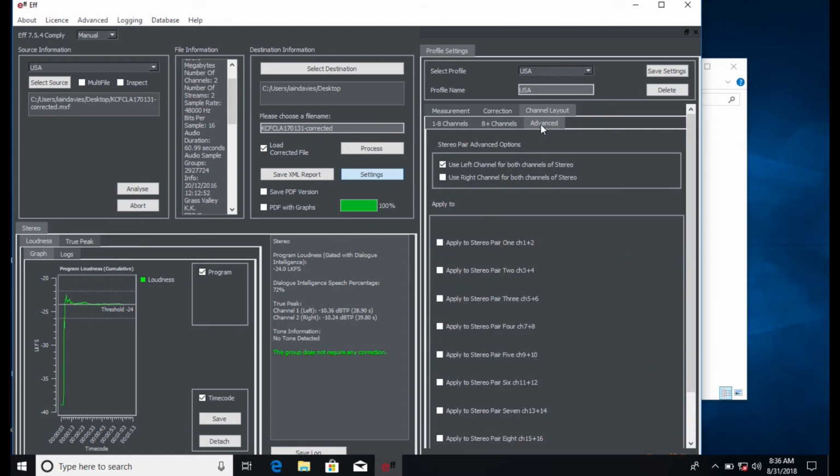The advanced settings we don't recommend you use. They're for very specific purposes where you're using a stereo pair to carry 2 mono language tracks. Unless you actually need that functionality, make sure your settings stay the same as on this screen here now. If you need to use them, please contact us for advice. And if you want to save your new settings, type in a name and click Save,